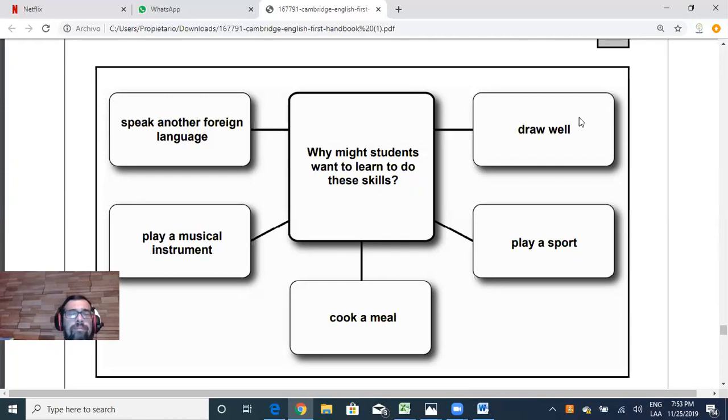Okay. I think that the best two options, the easier two options for the students, would be to speak another foreign language, because if they are interested in learning another language, I think we can support or encourage the students to learn the language, and playing a sport would be another best option, because when the kids are playing, I think they could be more interested in the sports, and they try to win,